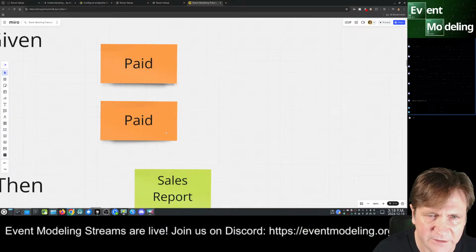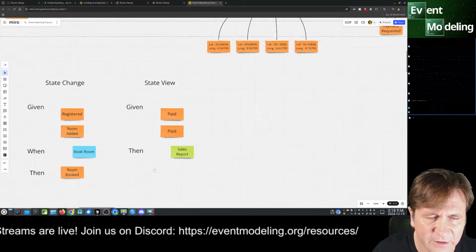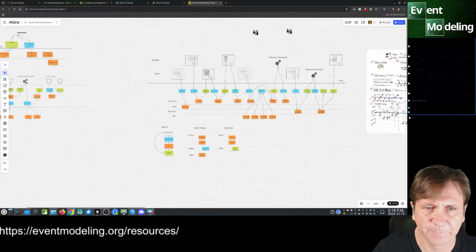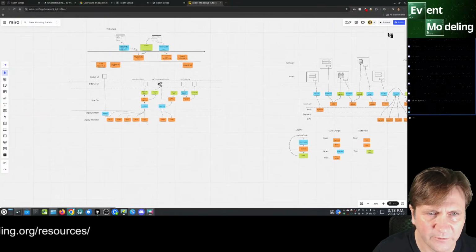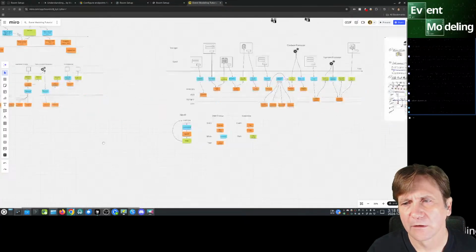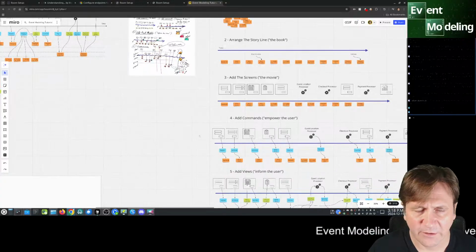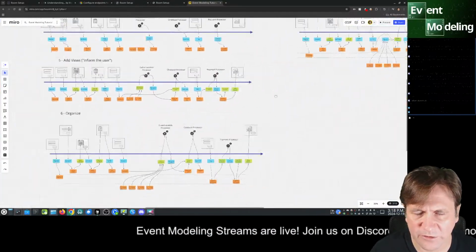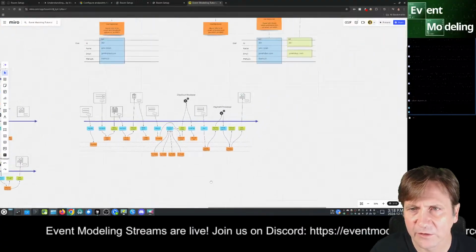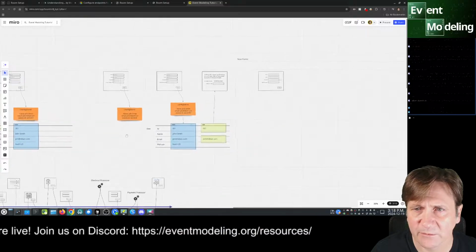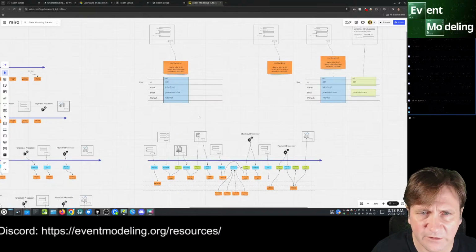So, okay, I like this simplified. We don't have anything else here confusing these given when-thens. And here we'll have to add the translation layer here as well. But let's get the graphics going on the replacements. So first of all, what do we have here? Okay, that's for legacy stuff. That's still relevant. That's fine.